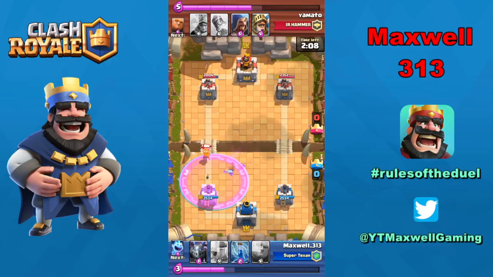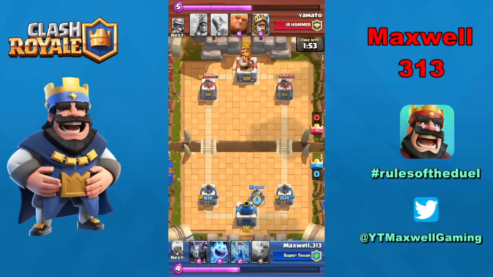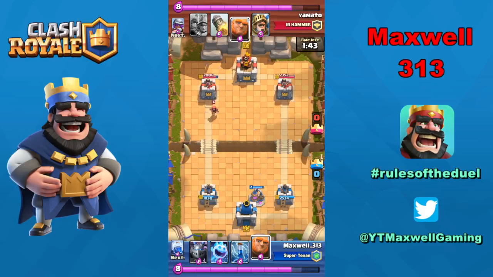The tower is now raged from the Lumberjack's rage spell effect. That's gonna take the tower out, the Musketeer out that much quicker. So at this point, it's reset time. I'm gonna play my Elixir Collector now. Looks like he has the Wizard coming up. Since he may have the poison spell, I'm gonna play my Elixir Collector in a fashion where the poison is